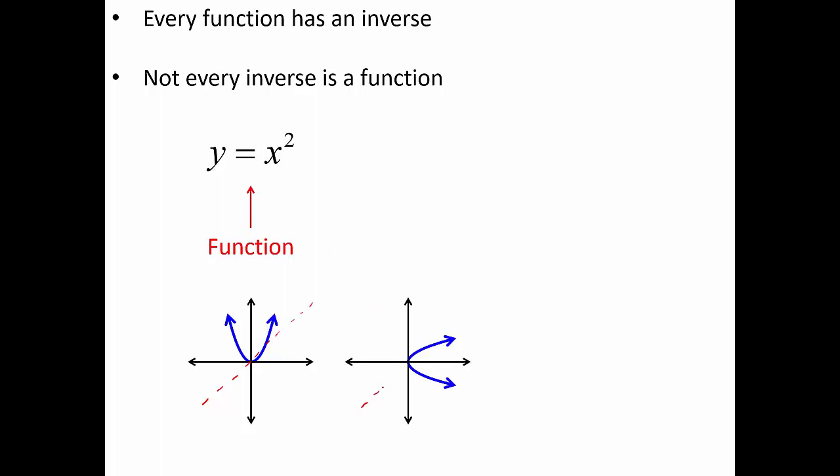Notice if I draw the mirror just like this on top of the inverse graph, notice I get a full mirror image. But notice this graph no longer passes the vertical line test, which means this graph is no longer a function. The reason for that, y equals x squared being my original, if I look for the inverse, I would have x equals y squared. To get y by itself, I would square root both sides. But when I square root both sides, remember, anytime I square root something, I'm supposed to include a positive negative. So the function that I've graphed here, which is indeed the inverse, is y equals both plus and minus the